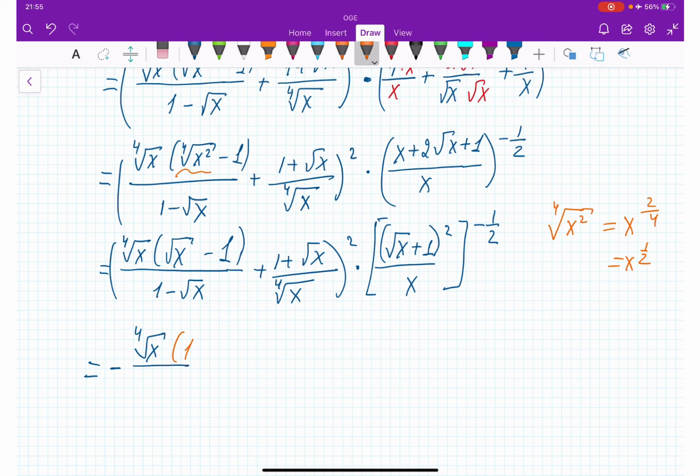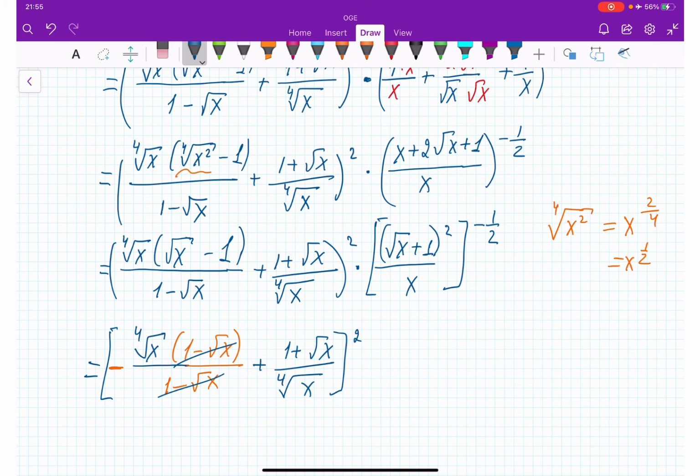I get 1 minus square root of x because of this negative sign I put in front. And I also have 1 minus square root of x, and they end up canceling each other, plus 1 plus square root of x over the fourth root of x, and all this is squared,